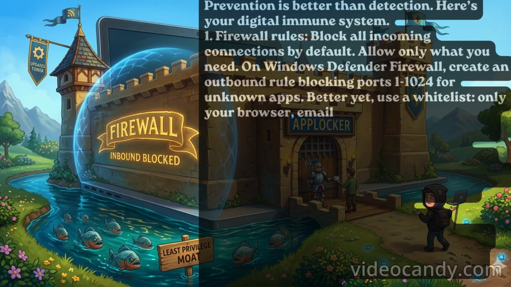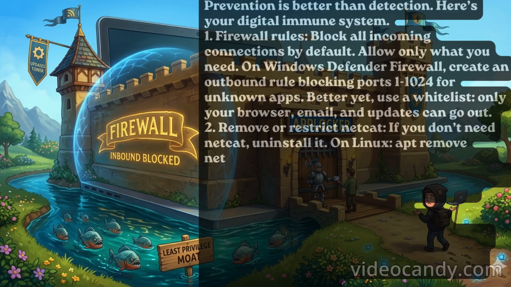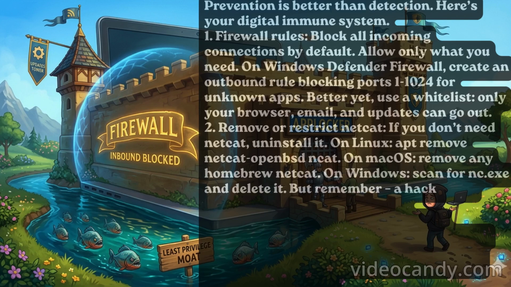Number 2, remove or restrict Netcat. If you don't need Netcat, uninstall it. On Linux, apt remove netcat-openbsd and ncat. On macOS, remove any Homebrew netcat. On Windows, scan for nc.exe and delete it. But remember, a hacker can upload their own copy, so also